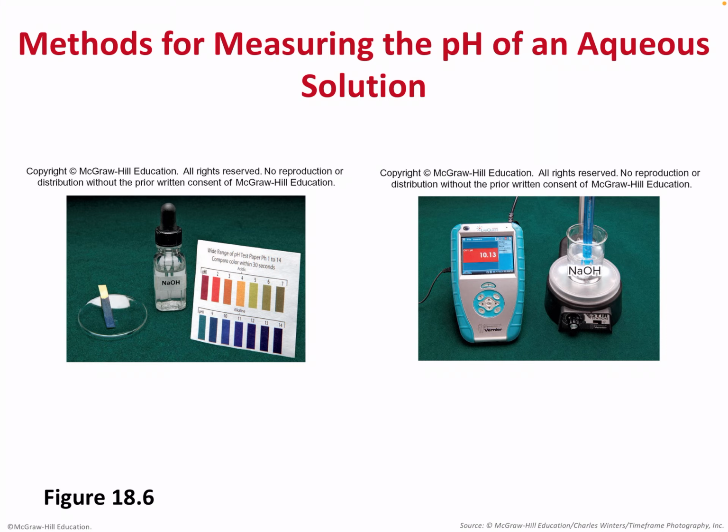Okay. So we talk about the pH. Now how do we measure the pH of an aqueous solution? There are several ways. The most common way to find out the pH is by using a pH paper. pH paper indicates a rough estimation of the pH of the solution by comparing it to a colored chart. You will see these in our lab very often when we are performing experiments. You pick a pH paper and put it into the solution and check to see what the pH